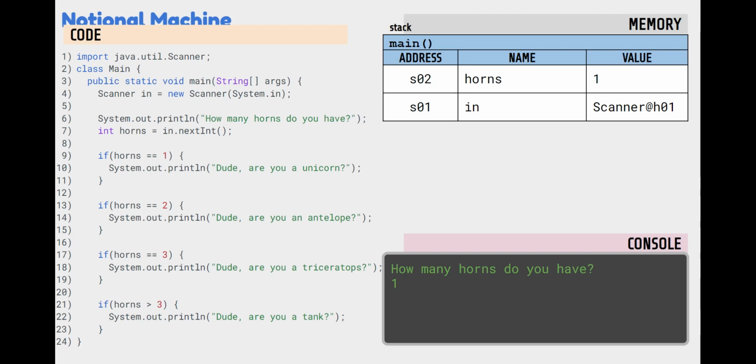In memory, we see that horns is 1. We are asking if horns is equal to 1. That will evaluate to true. We will step inside that block of code and we will print something to the console. We're going to print, "Dude, are you a unicorn?" We will still continue. We will do line 11, line 12, and at line 13, we have another if statement